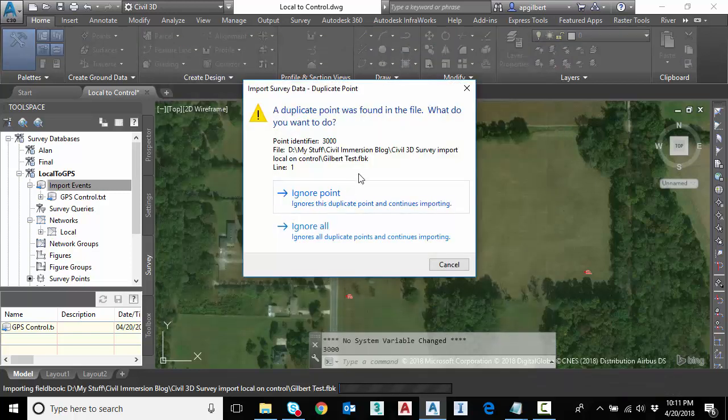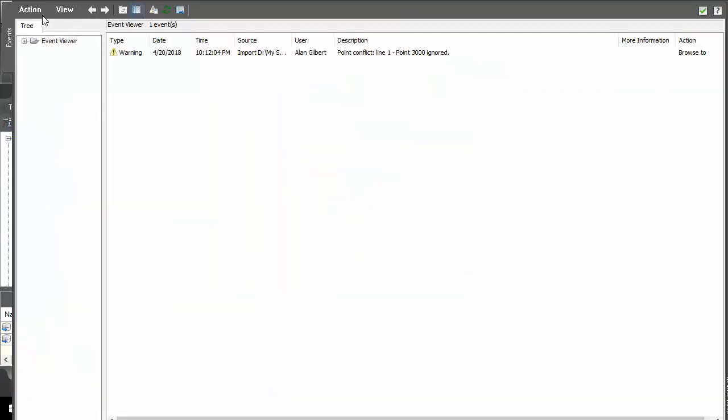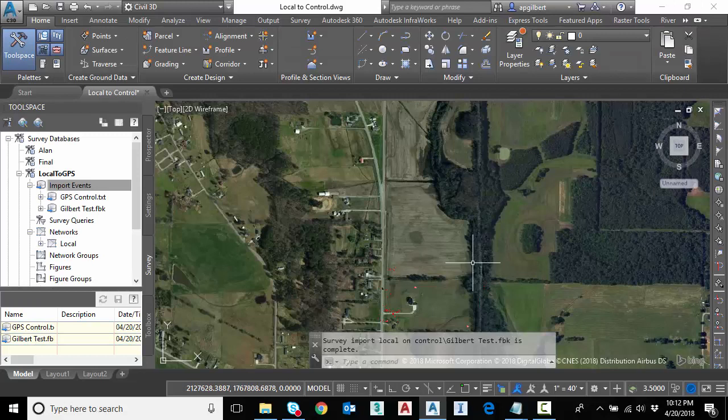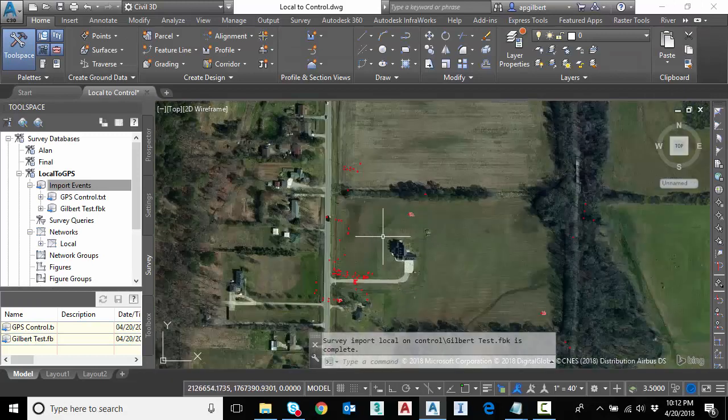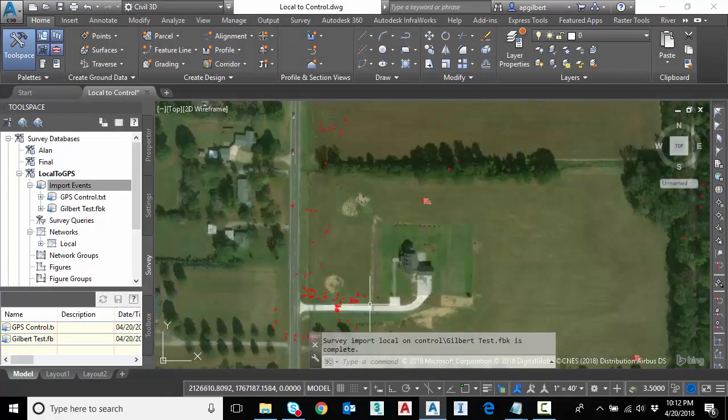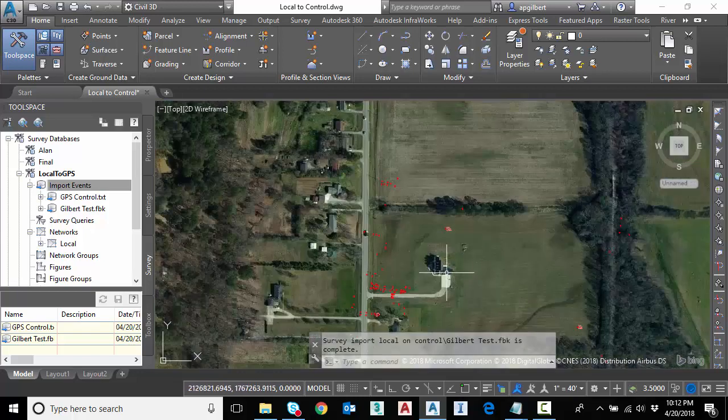I'm going to get a point error here. The first point, 3000, it says that it already sees that. We're just going to hit ignore. That's fine. So ignore. And I'll close that warning dialog. So let's take a look. In general, the data is in the right spot, so it did at least rectify up to this area, but